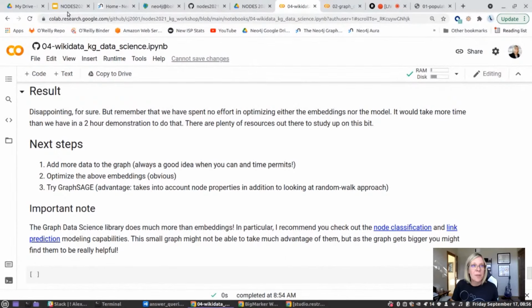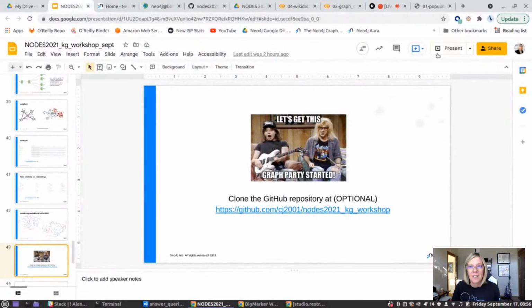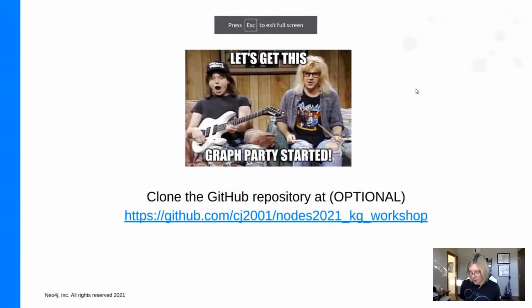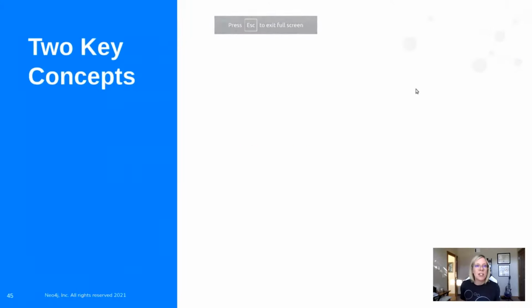Okay, in the remaining 4 minutes, let's go back to our slides. All right, here we are. All right, where do we go from here? We've already talked about some of this, but I want to start by reminding you of the 2 key concepts that we talked about at the beginning of this workshop. Again, these are the 2 things that if you took nothing else away from today, these are the 2 that